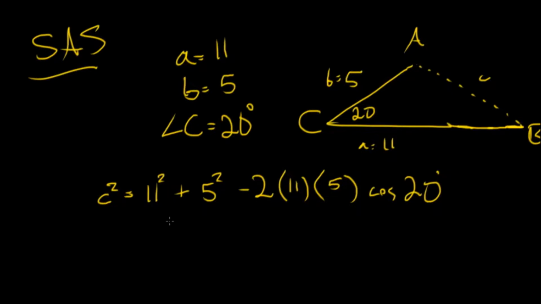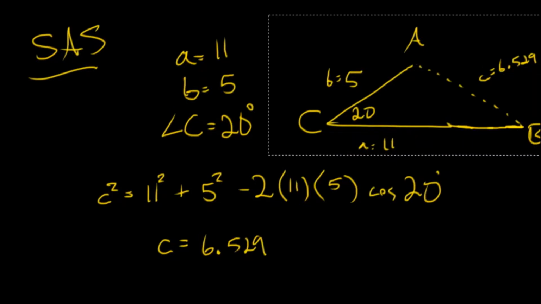And I'm going to save you guys the time and the trouble. If I solve this thing, I get 6.529. So side C is equal to 6.529. I actually want to continue to solve this triangle because there's one other thing that comes up in solving